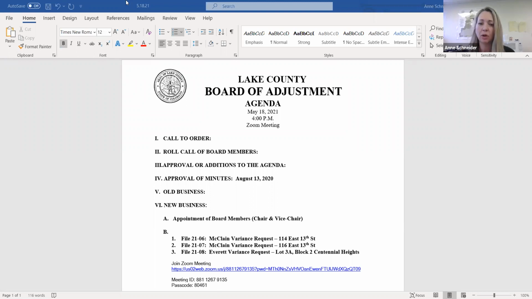So with that, I will be happy to introduce file number 2106, the McClain variance request. I would just ask that, unless I hear any objection, I would like to talk about both of Mr. McClain's files, 2106 and 2107. They are inherently similar in the findings as evident in the staff report.